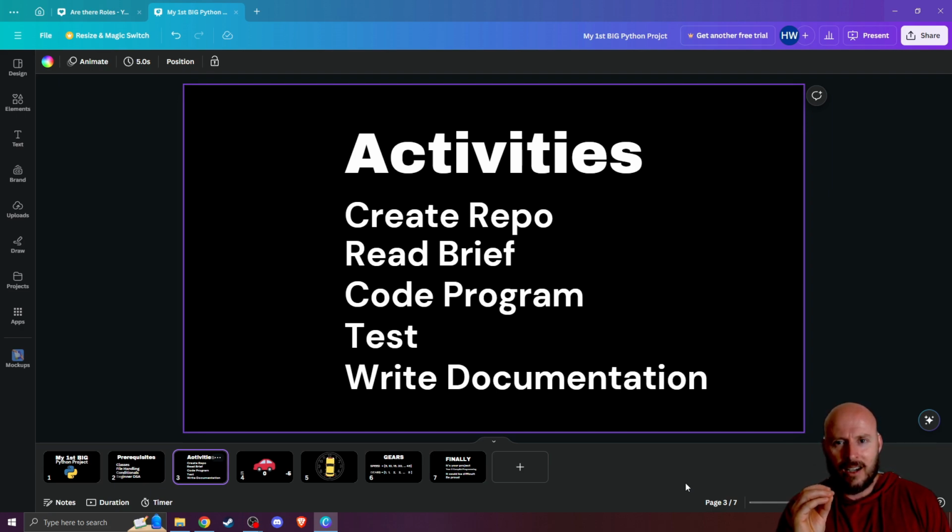But we want you to complete the project from start to finish. We don't want you to get stonewalled on problems and then give up. We want to try and make this as smooth and as easy as possible for you to complete. So you know what it's like to code a program on your own, test it, and then most importantly of